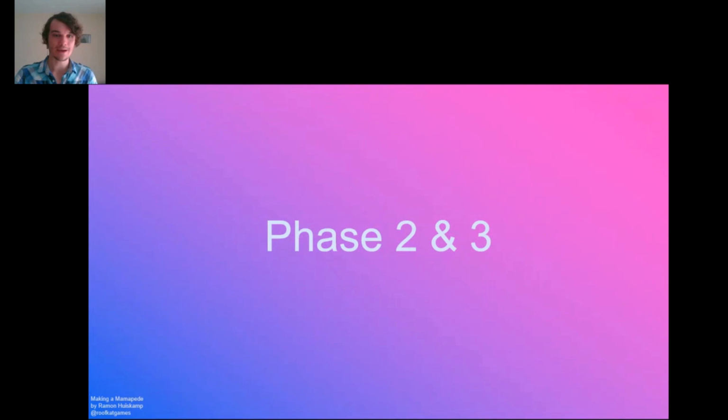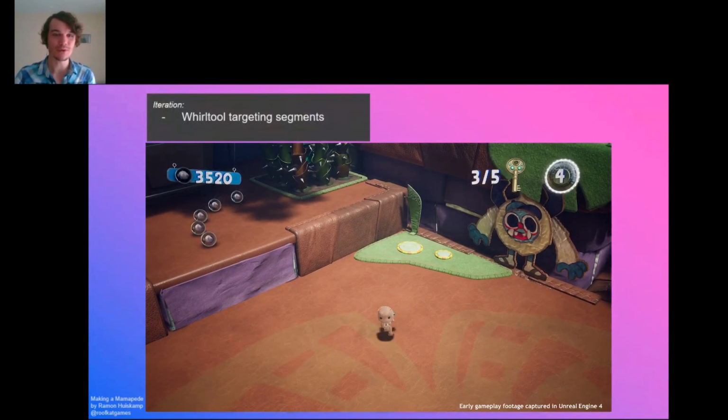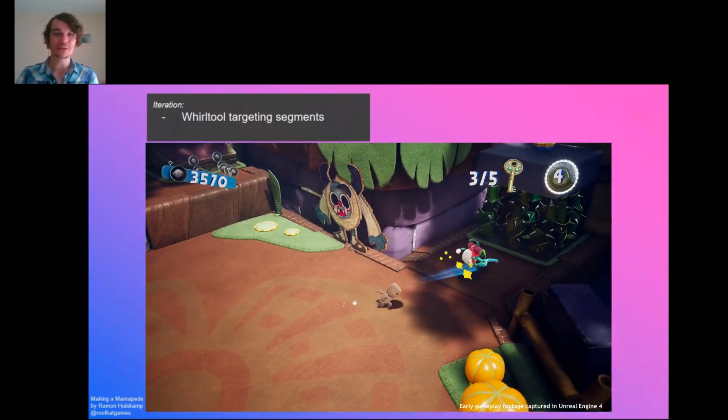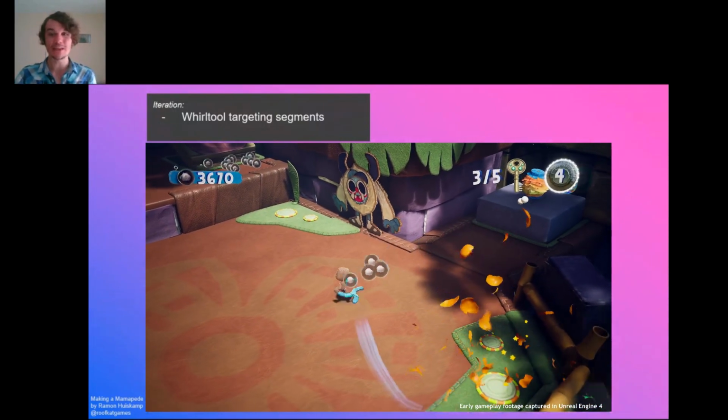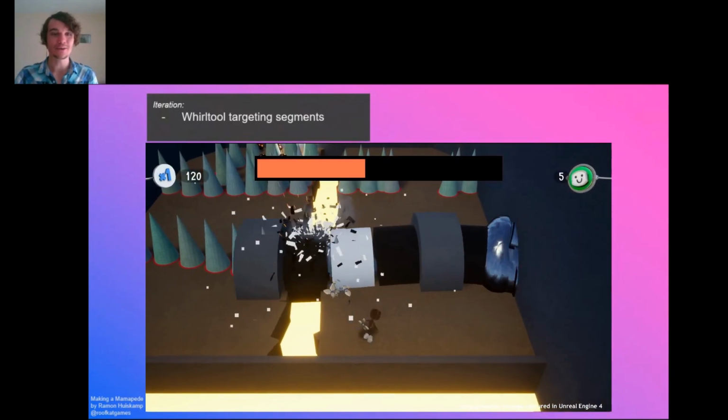So a little bit about gameplay again. This fight uses the whirl tool, and you use the whirl tool a lot, but of course it's also used in the levels. And there's something really useful, which is targeting. It can keep going, it can hit multiple targets, which is very cool in levels, but it can make the boss way too easy. Here you can see